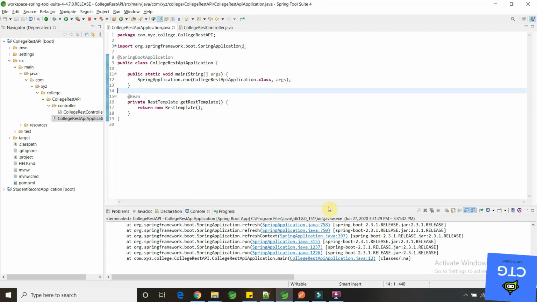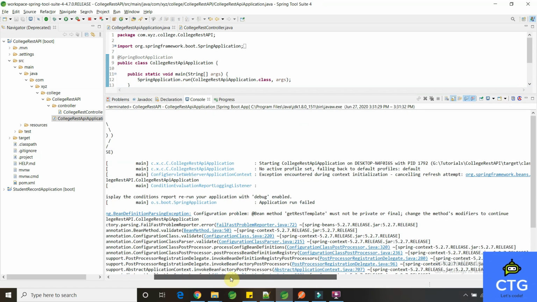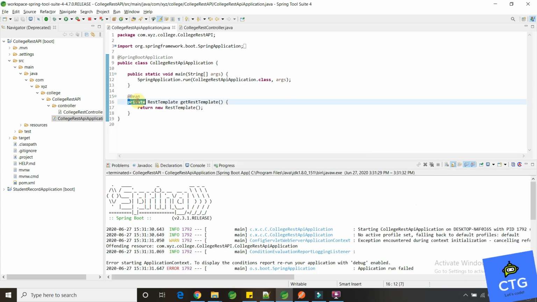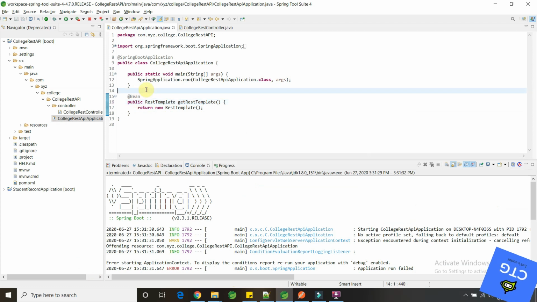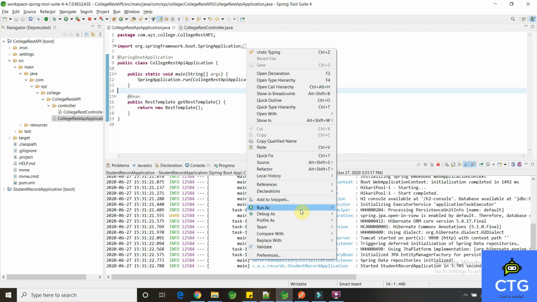Okay, it's throwing some error. Let's see what the problem is. The RestTemplate method must not be private or final, it cannot be modified. Okay, fine. So we'll make this method public. Basically it's private, that is the reason it is not allowing. We'll try to start the project again.